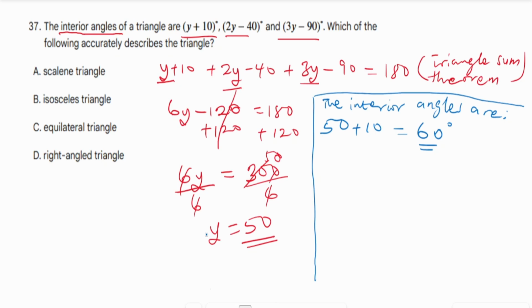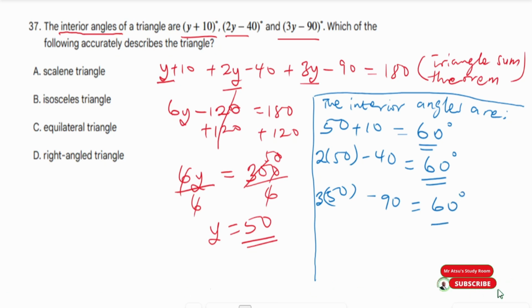2y minus 40 will be 2 times 50 minus 40, and that is 100 minus 40, 60 degrees. Then we take the third one, 3y minus 90 will be 3 times 50 minus 90, and that is 150 minus 90, which is also 60. That means all the three angles are the same, and if you know your triangles very well, it means that